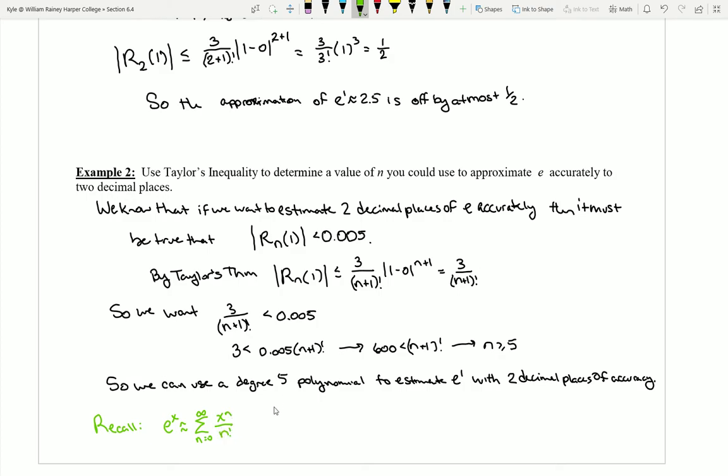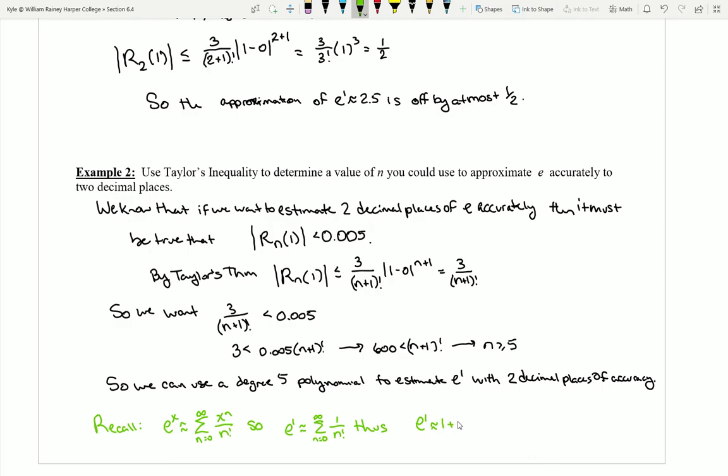But notice that if I plug in x equals 1, then the polynomial that models my e to the first power is going to look like this. I just replaced x with a 1. And once I have this, what we've said is that if you want to estimate what e to the first power is, to get 2 decimal places of accuracy, I can just write out,